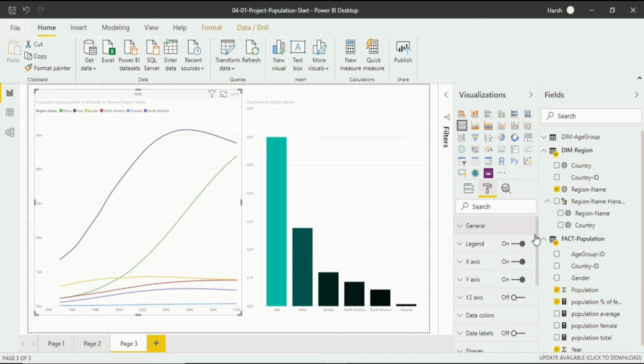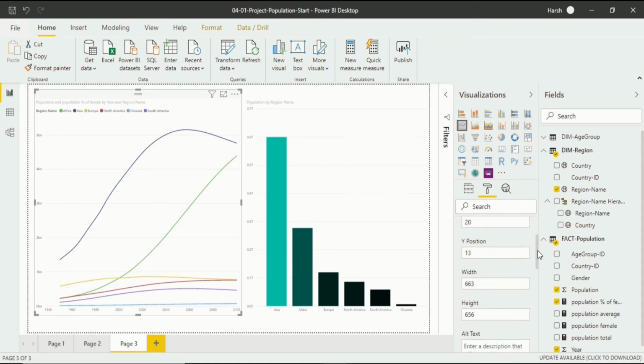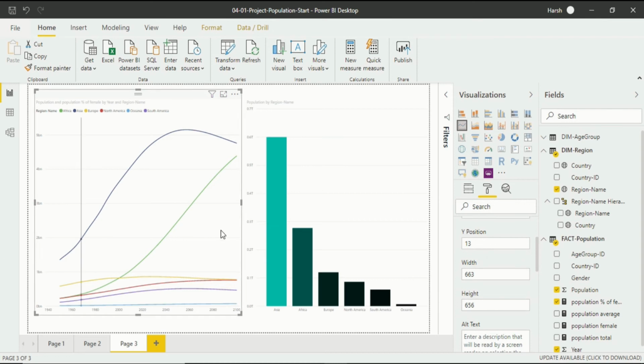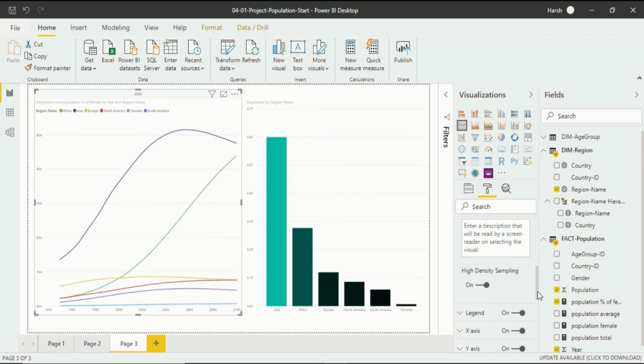So the first important feature is General. The General feature covers many important aspects, like X position, Y position, width, and height, if you want to increase the width. You can also enter alt text, and enter a description that you want to give specifically for this chart.